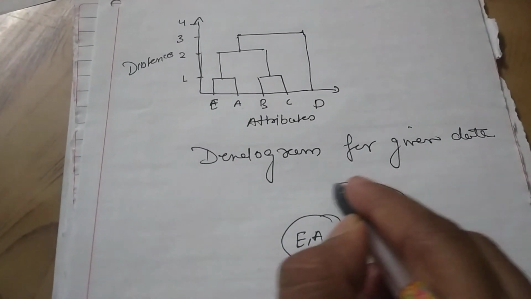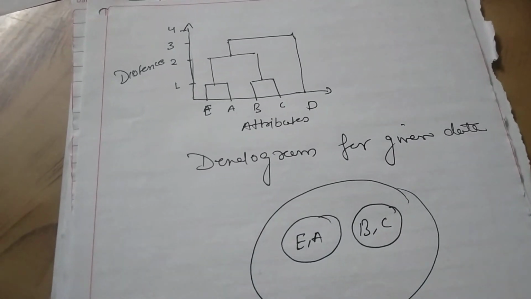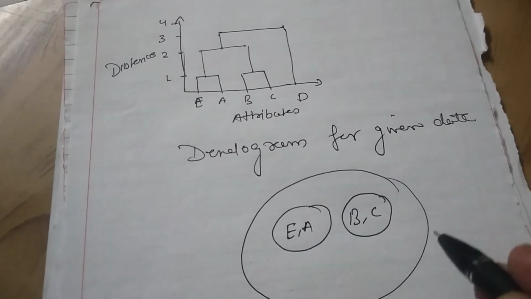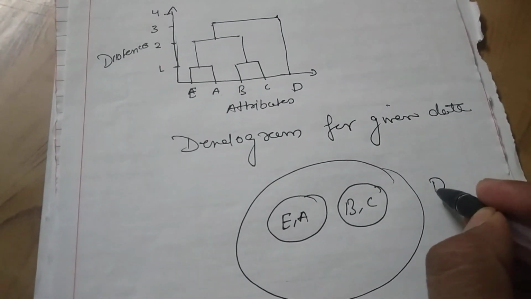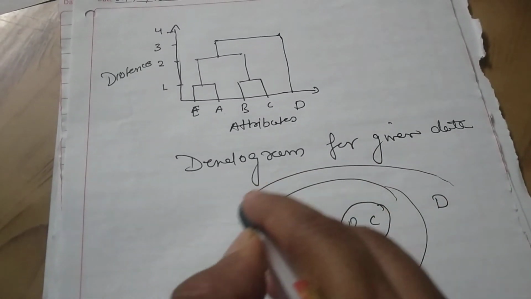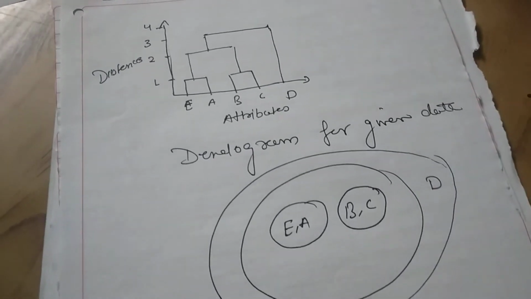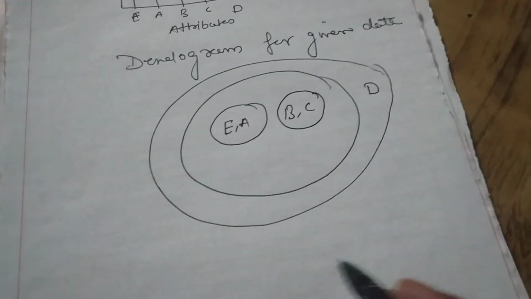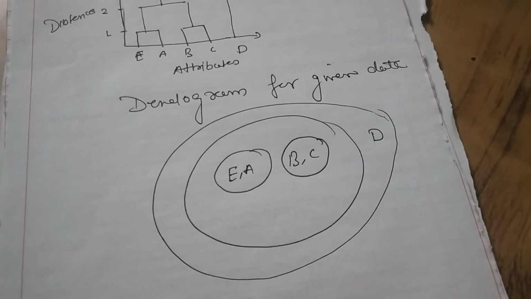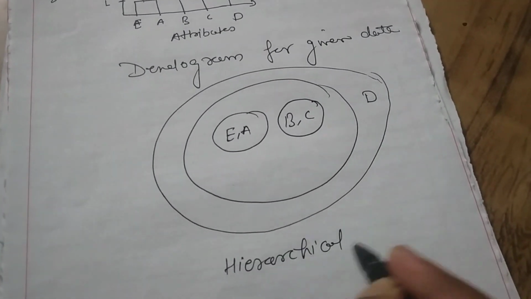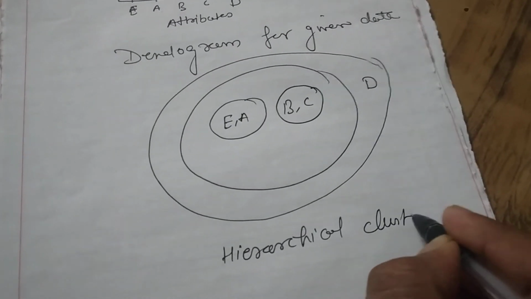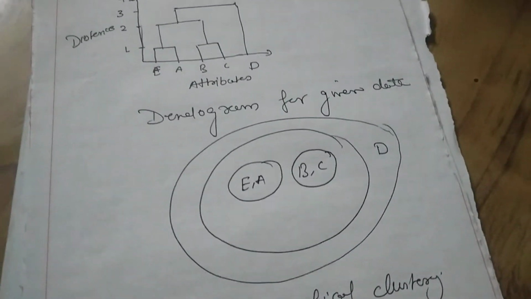Then you have made EABC. Then D is another cluster, and this is a hierarchy. This is agglomerative clustering, hierarchical clustering. Okay, I hope